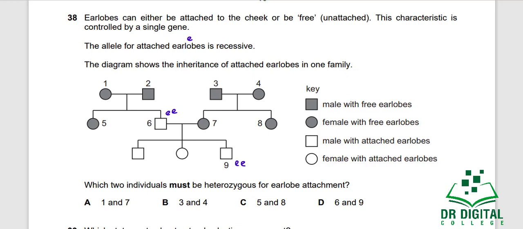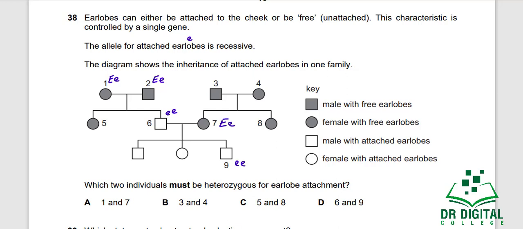Now we have to see that individual E is getting two small e. It must have got one small e from the father and one small e from the mother. But both mother and father have the free earlobe, so they must have one dominant allele, capital E. So 1 and 2 are both heterozygous individuals, but we do not have the option for both 1 and 2. Moreover, individual 9 is small e, so individual 7 must be